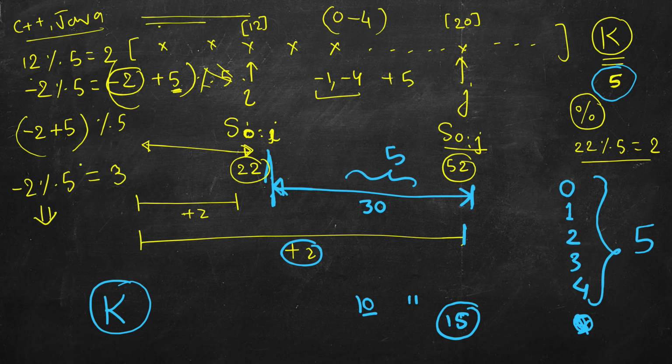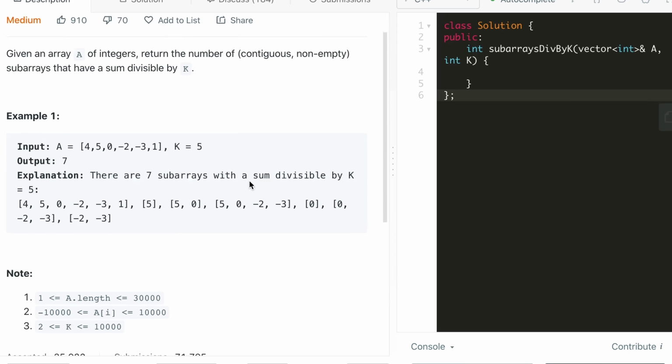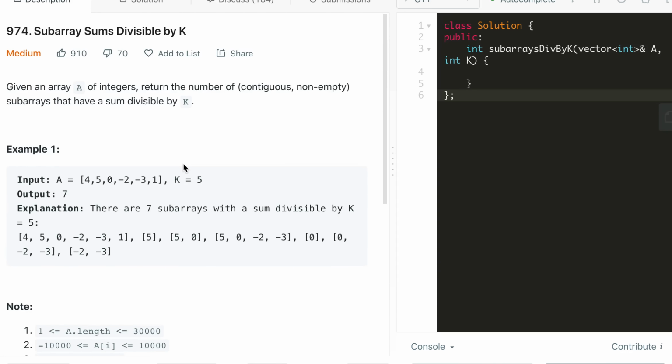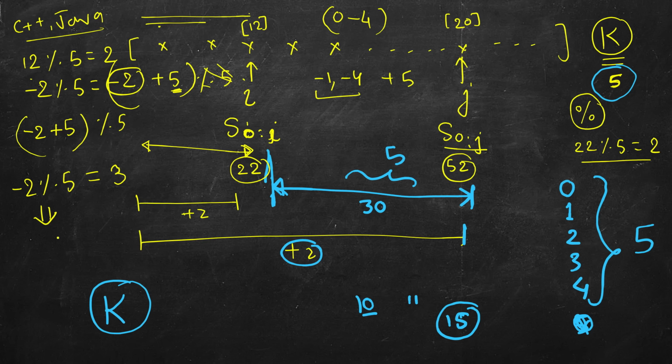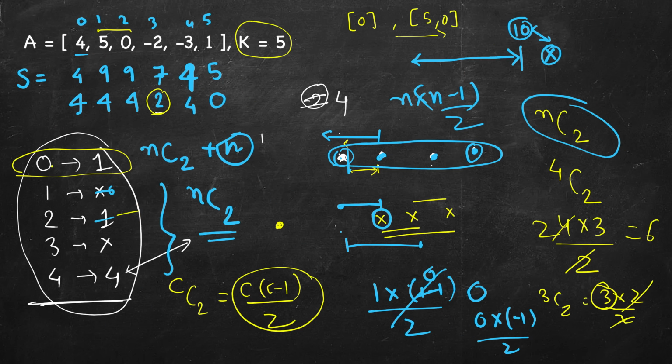So let's write the code for this. You can go through this. I had taken the same example. So first we will write it in C++. What is the space required here? We will need a vector of k size, since we are storing only these values. In this case 5, so 5 values. In general, we will have k values, and this sum we are calculating on the fly. We just need the previous value. So space will be O of k and time will be O of n.